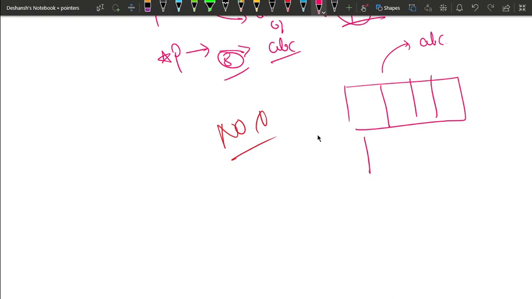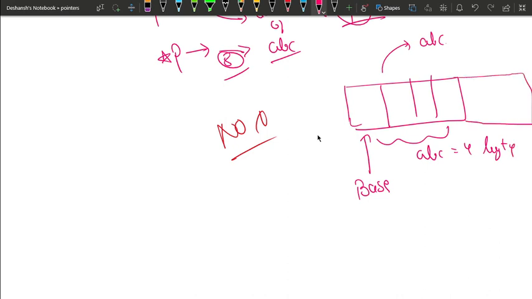Because this is some ABC variable of int data type. I told you that a pointer points to the base location of a variable. So this is the complete ABC, which needs 4 bytes because it is an integer variable. How many bytes do we need to shift if we want to move to a different memory location? We need to shift the same number of bytes that is consumed by int, that is equal to 4.